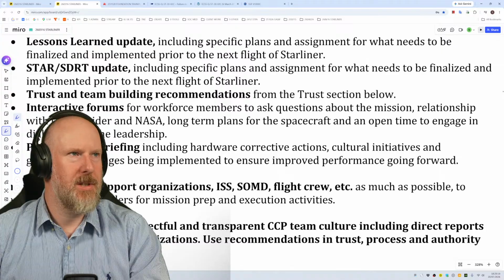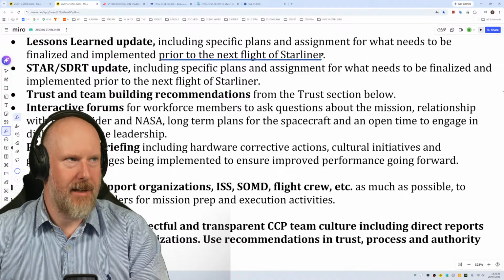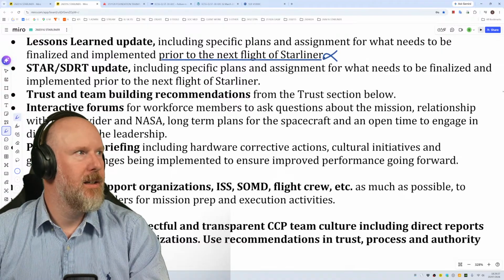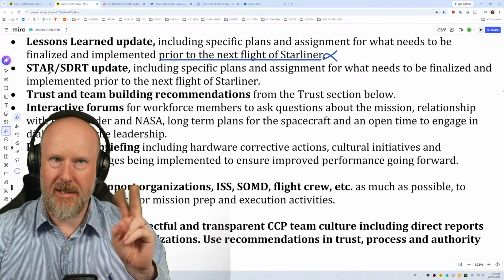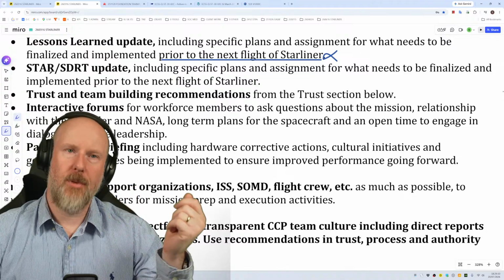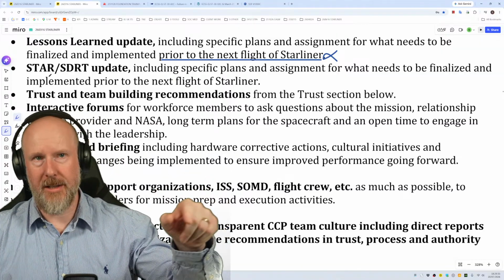So including specific plans and assignment for what needs to be finalised and implemented prior to the next flight of the Starliner. The Star SDRT update. So these are the two other investigations that were going on prior to this investigation that created this report, and